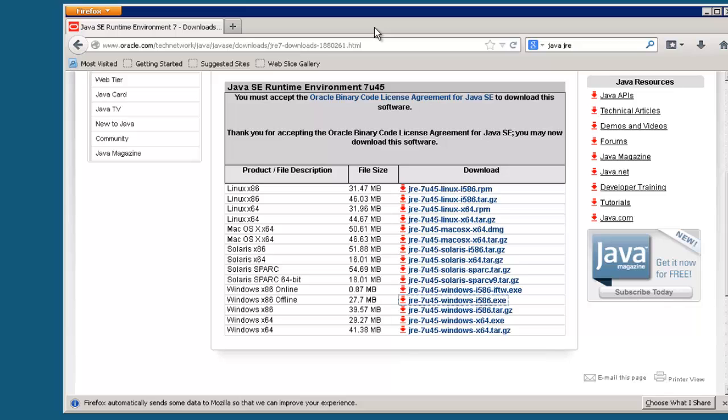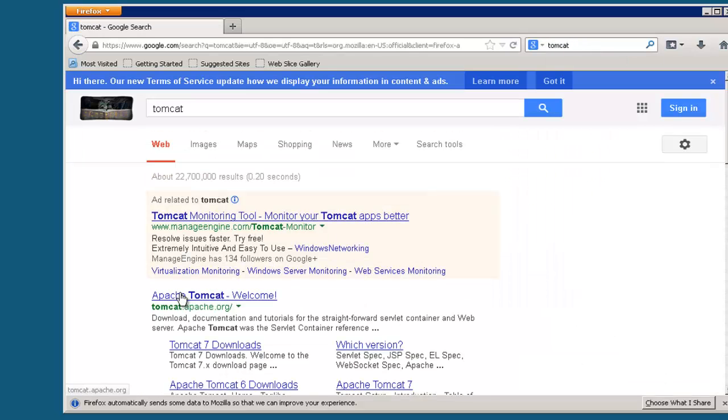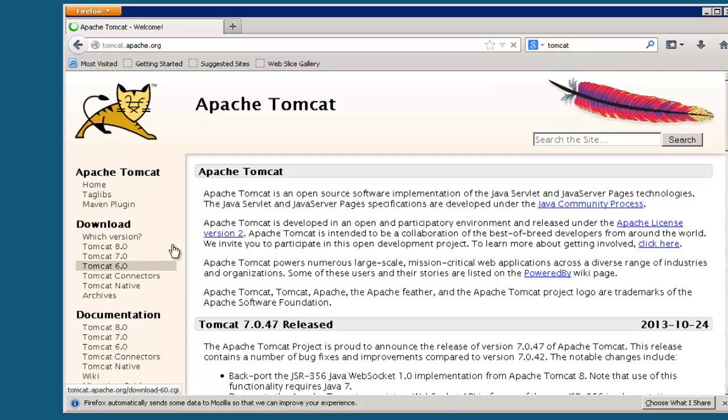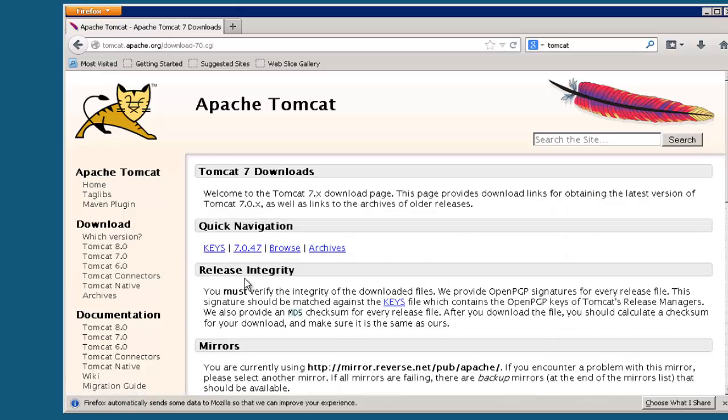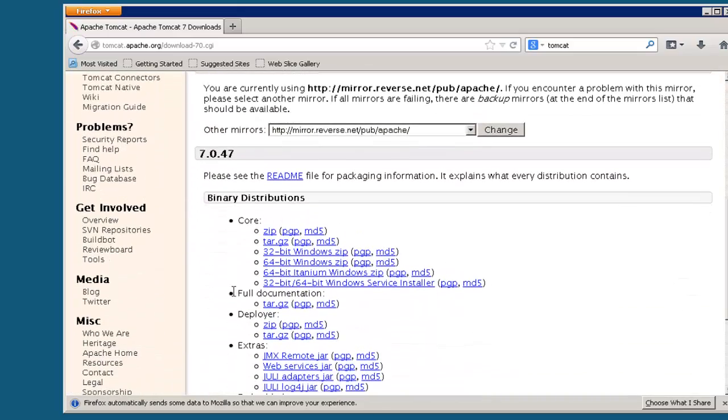So the next thing on my list of things to install is the web server. So I will go look for Tomcat. Okay, so I'll go to the Apache Tomcat website. At this time, I'm familiar with Tomcat version 7. I haven't yet gotten myself up to date with Tomcat 8 and all the different features it has added and everything that's been deprecated. So I'm more comfortable with 7, so that's what I'm going to install today. So I'll click on 7, and I'll go down to find